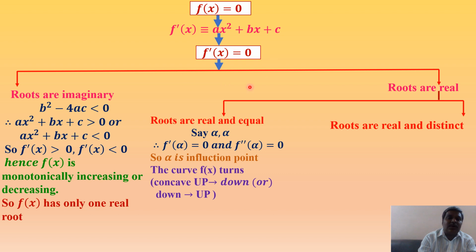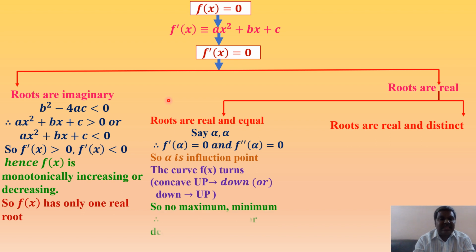See here, my dear students, f dash x equal to 0. Even if f dash x equal to 0 has only one root, the root is repeated, at that time you have no maximum and no minimum. Your point becomes not a critical point, it becomes an inflection point. In this case the curve is either increasing or decreasing. At that time we have no maximum and no minimum points.